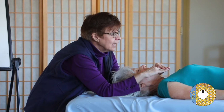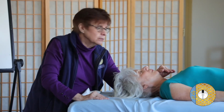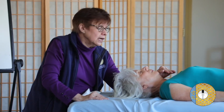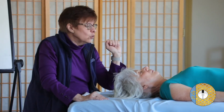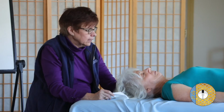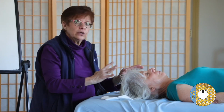Okay, so we have 4 standard positions for the second pattern, for the head, neck, and shoulders. But there are many other positions that we'll be adding, positions that address things like blood pressure, stroke, issues with the eyes, issues with the neck, with the shoulders. We'll address all of those later, okay? And I'll teach you the optional positions. Okay, now, we're going to move on to the third pattern, and I am going to gently disconnect from my